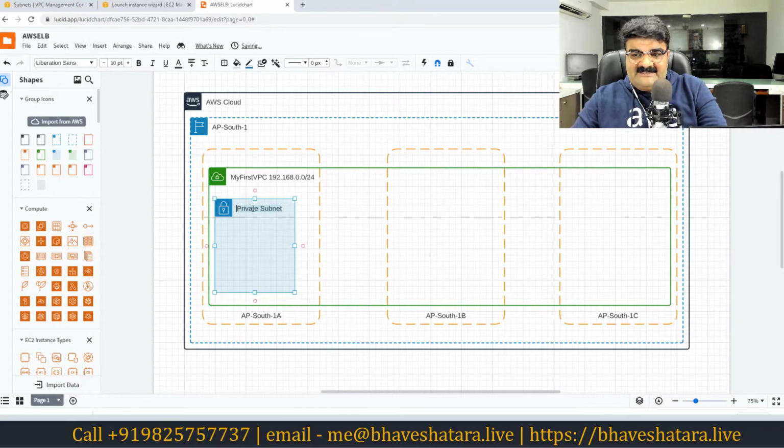Whenever I'm going to create a subnet, don't worry about private subnet, we'll talk about this later. You have to assign an IP address range to the subnet, but this range must belong to the VPC's IP address range. Let me explain this properly and how I can do this.